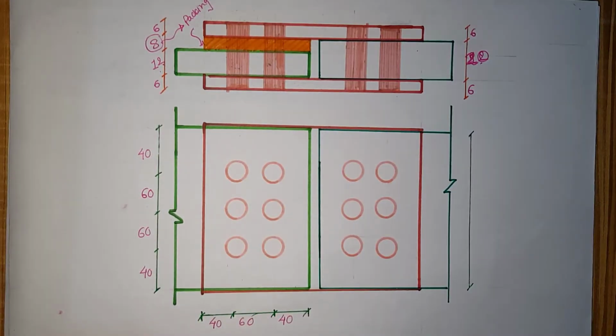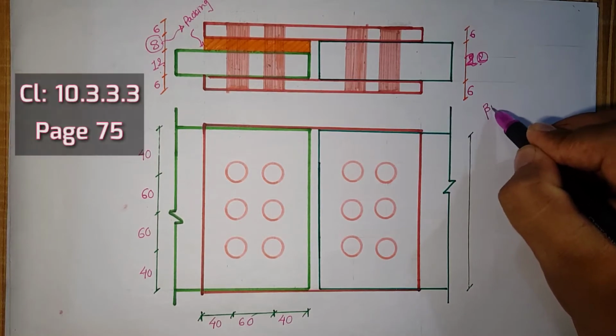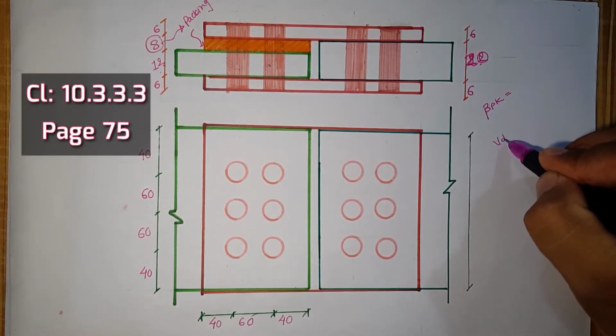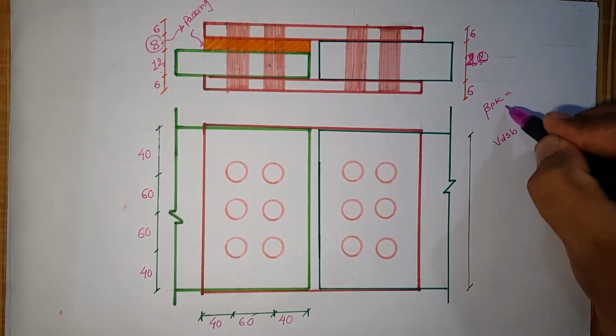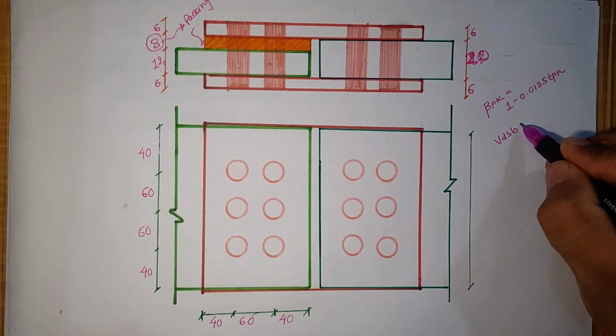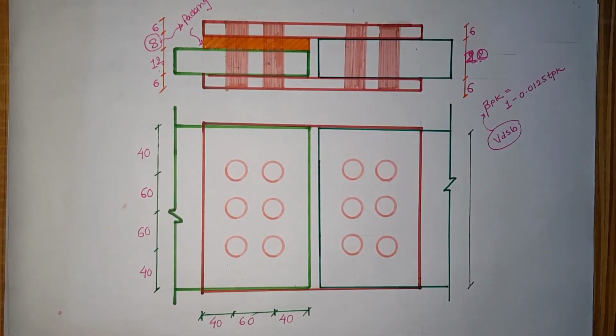For the packing plate used in the butt connection, if it is greater than 6 mm, we have to use the beta pk value for reducing the value of VDSB. We have to multiply VDSB by beta pk.